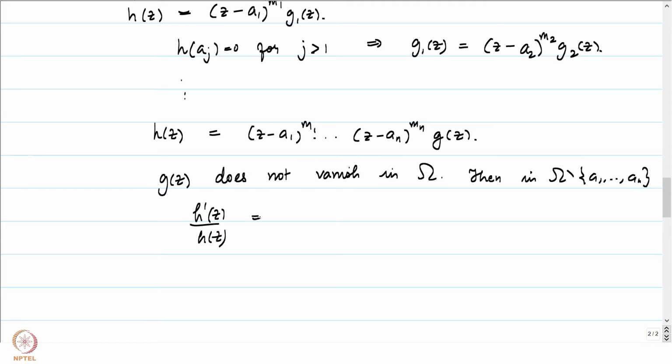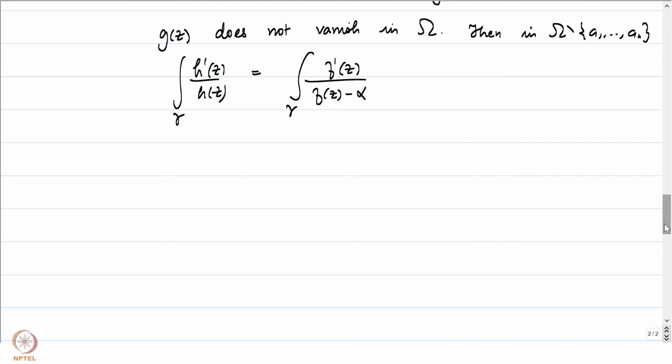This function is going to be h of z equals f of z minus alpha, so it's going to be f prime of z in the numerator, and below it's going to be f of z minus alpha. So in particular, the integral of this over gamma will be the integral of f prime of z by f of z minus alpha, and that's precisely what we want to calculate. But we know what h is, and I will just leave it as an exercise for you to check that